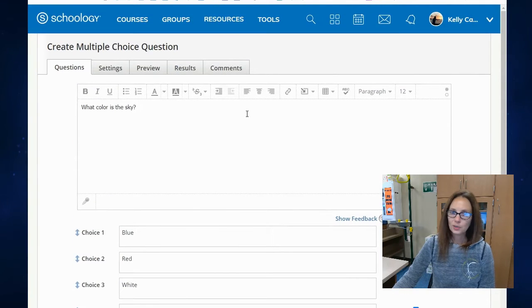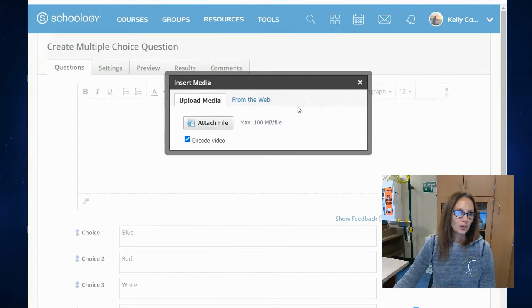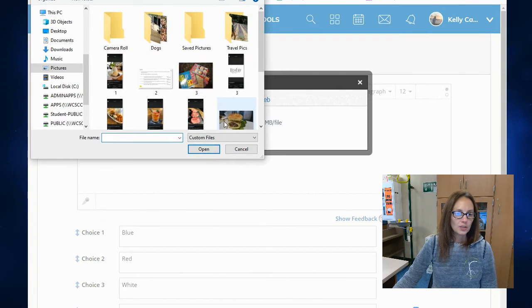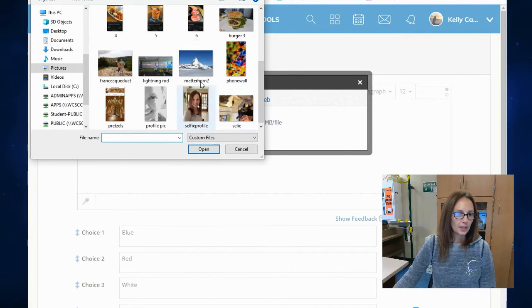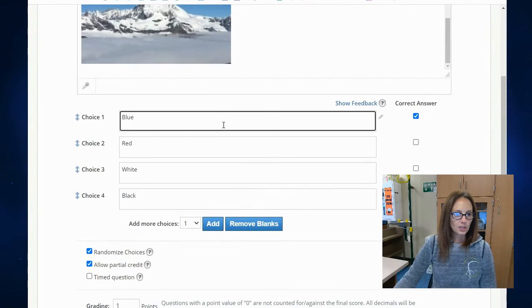Another thing you can do in these questions is the insert content button. Don't forget about this button. It's a great place to insert media like images or links. So for example, if I wanted to attach a file that I have, I could do that. If I wanted to attach pictures in the answer choices,